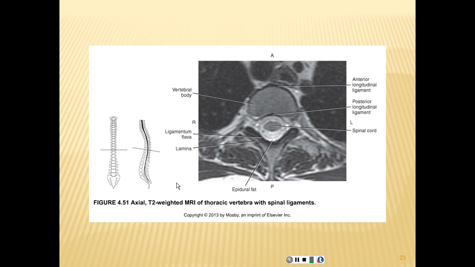T2 weighted MRI of the thoracic vertebra with the spinal ligaments, sectional anatomy again, axial projection. You should be familiar with all the anatomy here. Anterior longitudinal ligament, posterior longitudinal ligament, spinal cord, epidural fat, spinous process, lamina. This is an excellent view of the